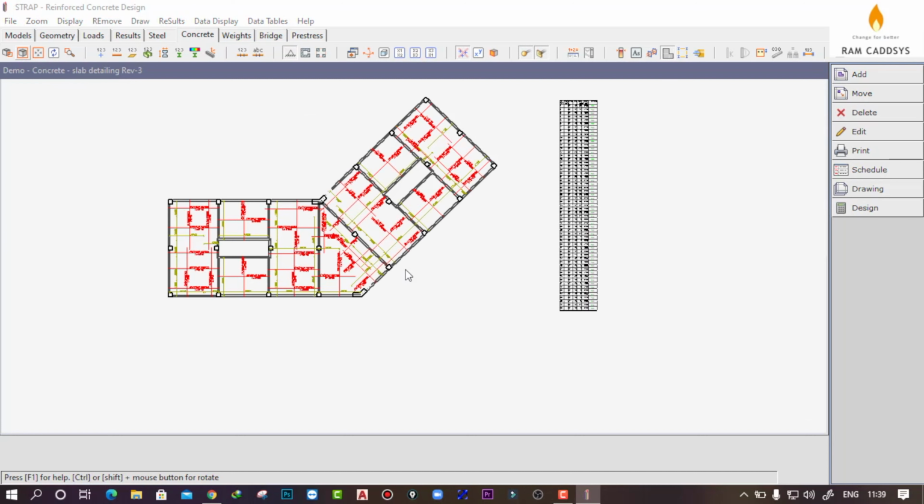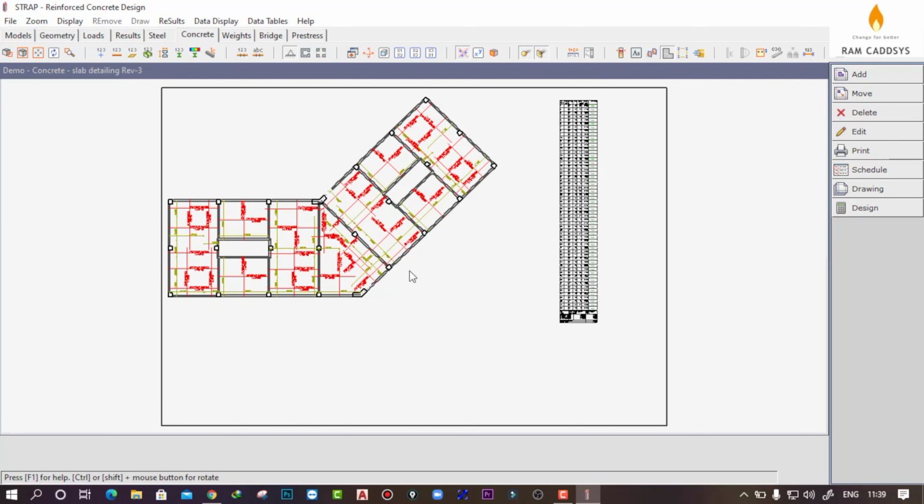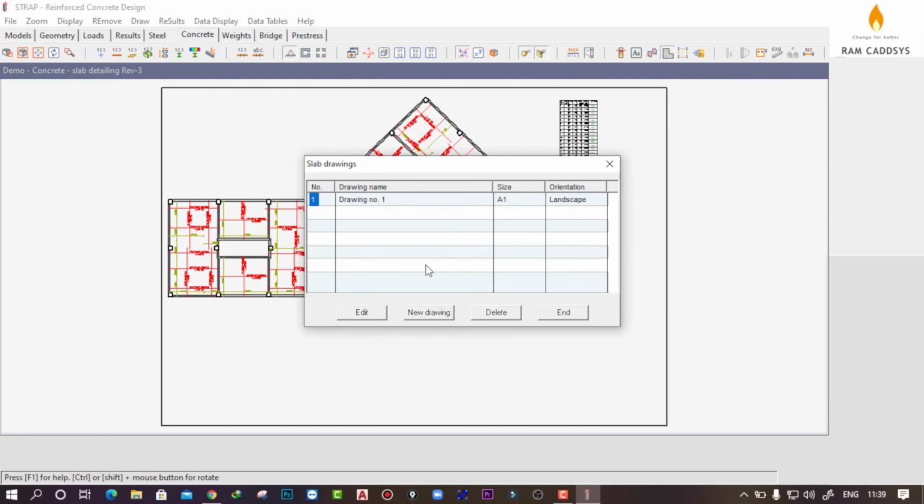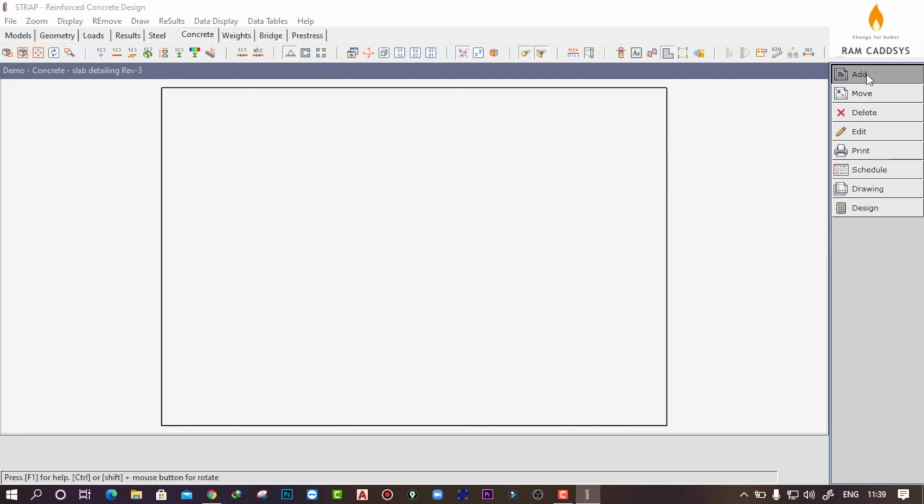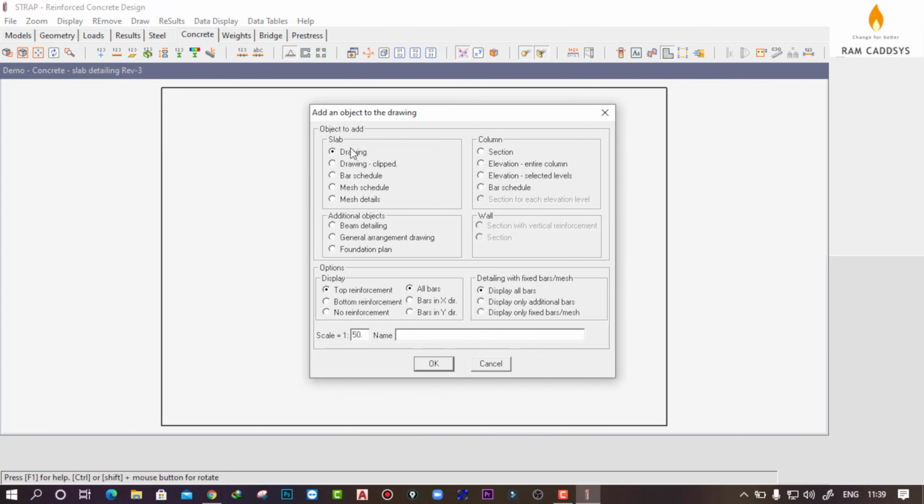Now in the similar way you can create the detailed drawing for the top reinforcements also. So go to drawing again, click new drawing, click on edit, click on add, and as we have done previously, select this drawing under the slab section, and now we are going to take the top reinforcement.